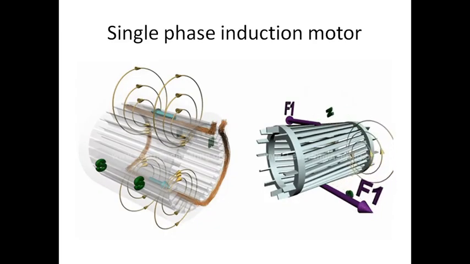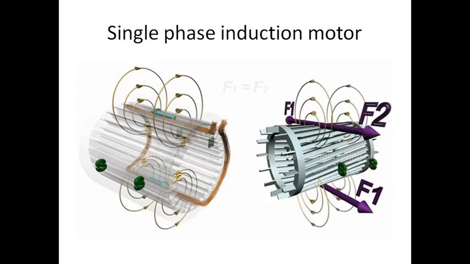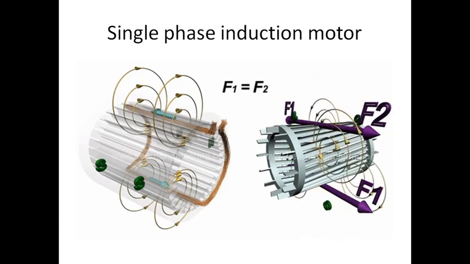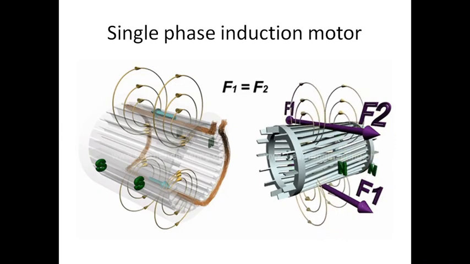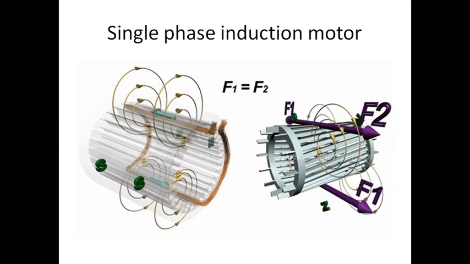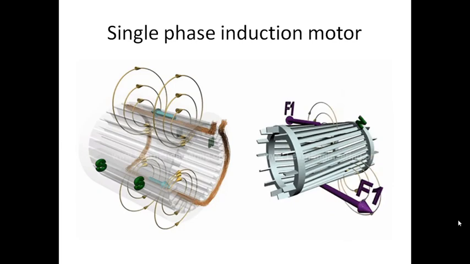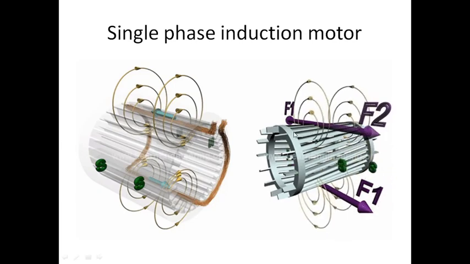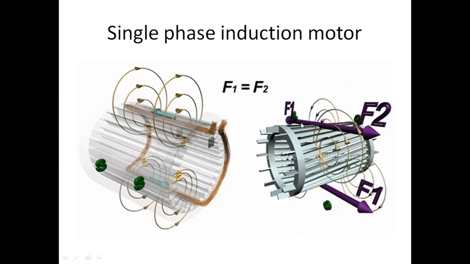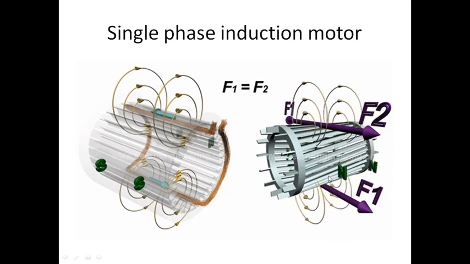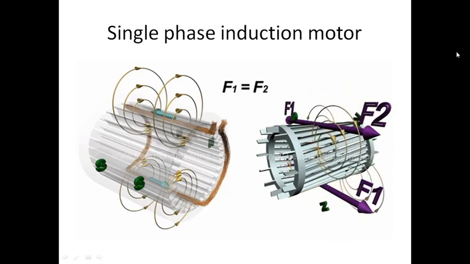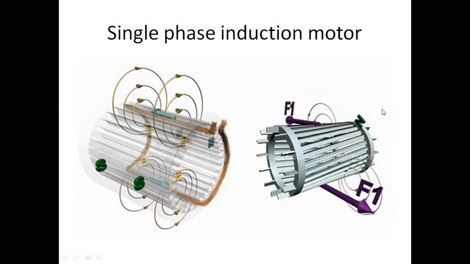If you are going to see, this is your single phase induction motor. In a single phase induction motor, two types of magnetic flux are produced. One is from the stator and the other from the rotor. Can you see here? One is producing north side, and one is rotating on the south side. See here, north and here south. It is opposite in direction. Can you understand this? See, one is rotating on the north side.